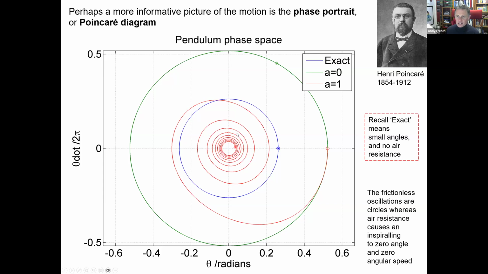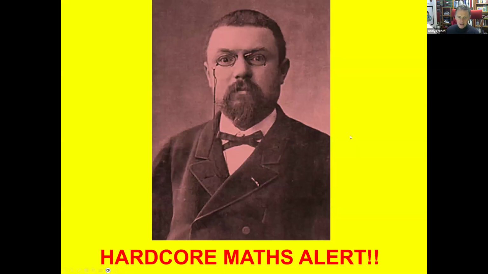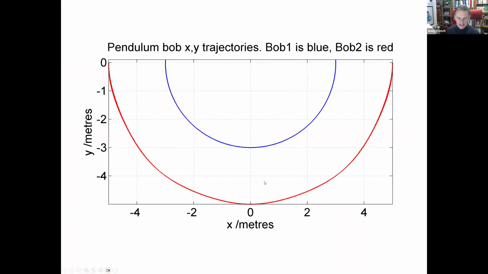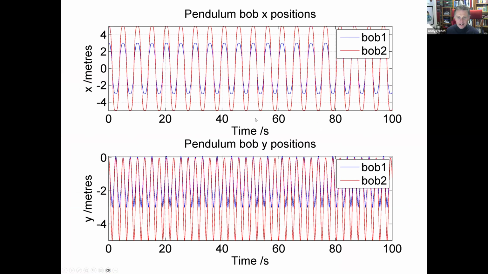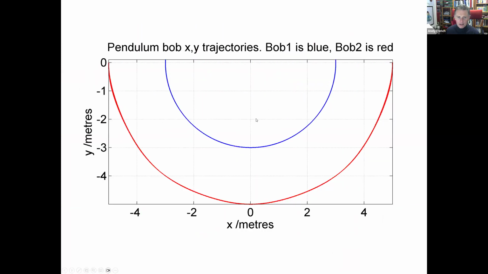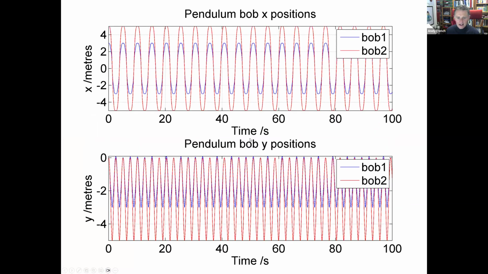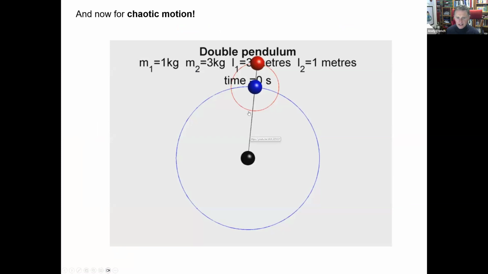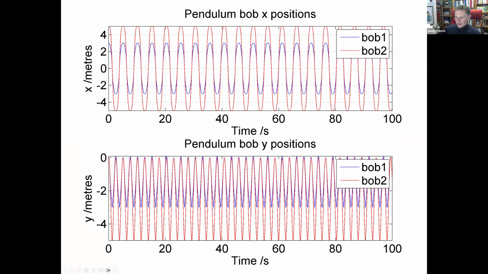You can use the same idea for the double pendulum. There is some hardcore maths here, so I'm going to skip the answer. This is the sort of pendulum trajectories. This is the simple one that you've seen. But if we make it more complicated, let's go for the chaotic version. In the early one, which is what we saw, they were swinging nicely backwards and forwards. One of them, the red one, was slightly larger in amplitude than the other. So it all looks very regular so far.